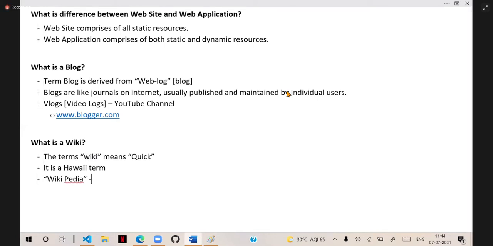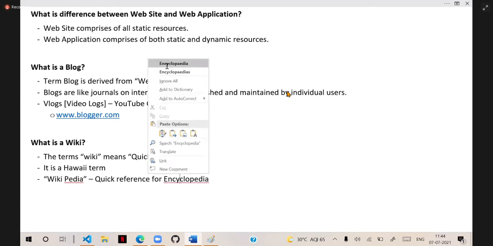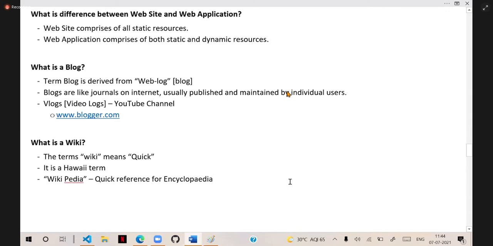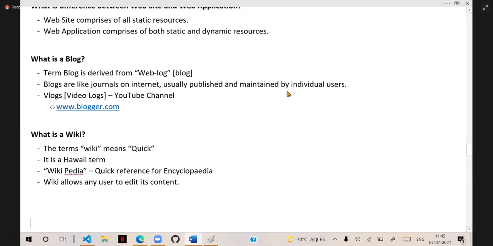Actually, Wikipedia is nothing but a quick reference encyclopedia. But not only that concept, actually, a wiki allows any user to edit its content. That is the speciality of a wiki.